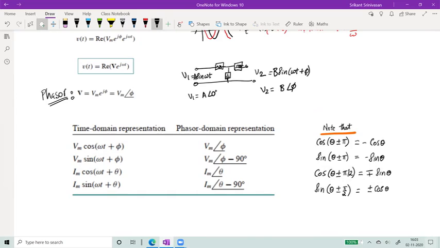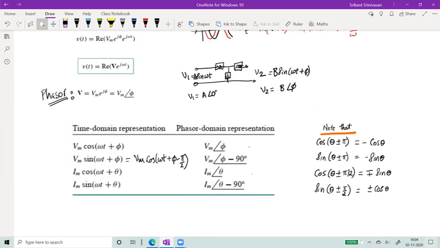That means let me write it out here. So this is Vm cos omega t plus phi minus pi by 2. These are the same things. And therefore, if you consider my original notation, Vm cos omega t plus phi is equal to Vm angle phi, that means this is Vm angle phi minus pi by 2, so phi minus 90 degrees. Similarly, for currents, you write Im cos omega t plus theta, and that is written as Im angle theta. And similarly, sine omega t plus theta is Im angle theta minus pi by 2.